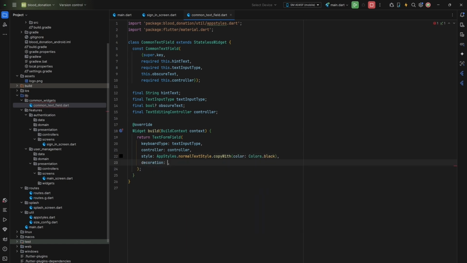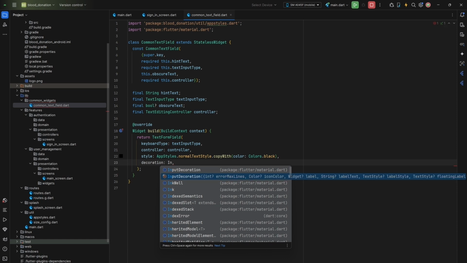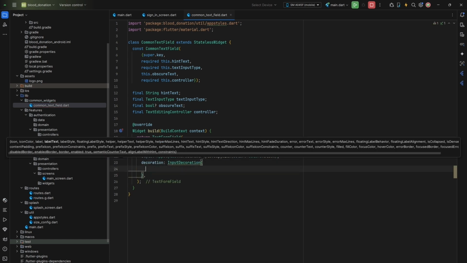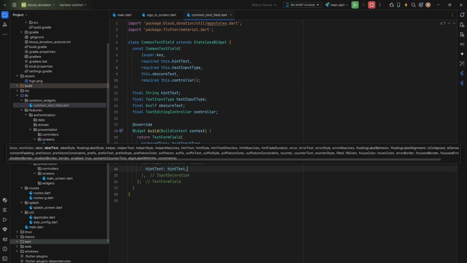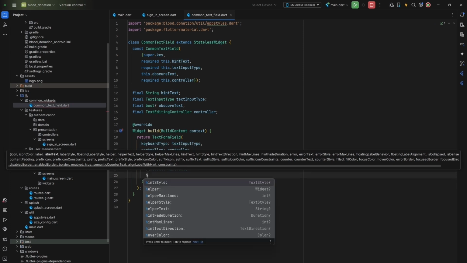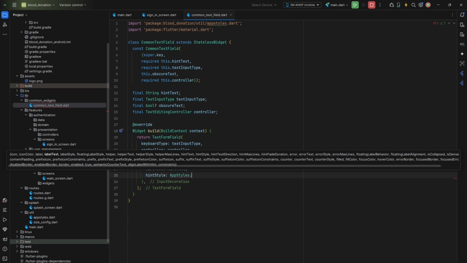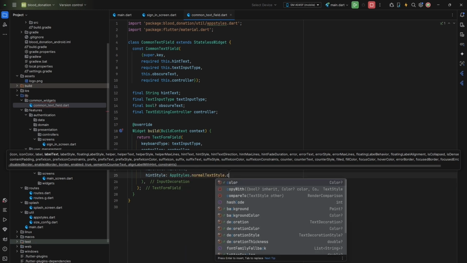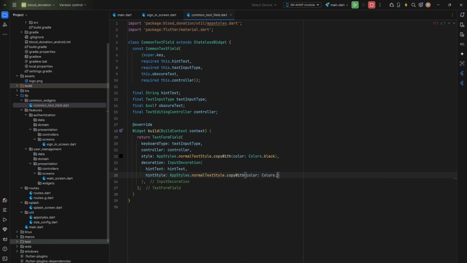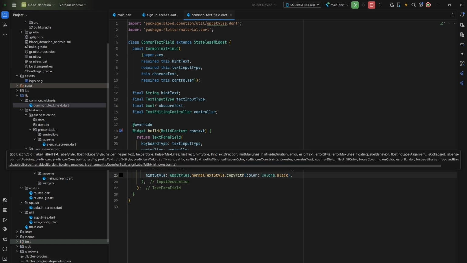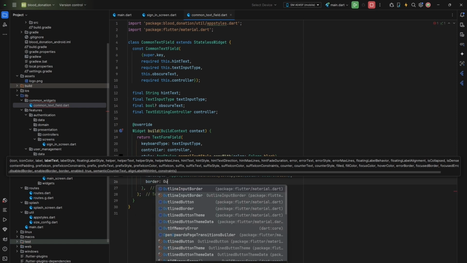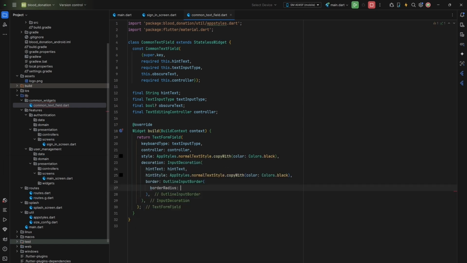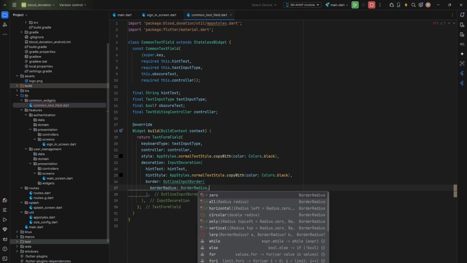We are going to set the decoration to InputDecoration, hintText, hintStyle of AppStyles.normalTextStyle.copyWith, color Colors.black. We're going to set the border of OutlineInputBorder, set the borderRadius of BorderRadius.circular,